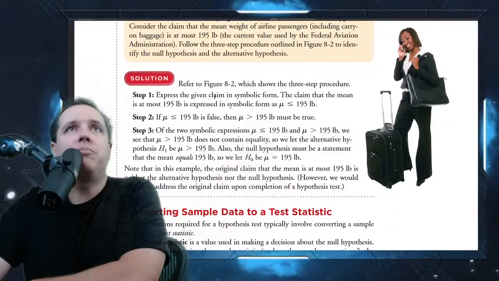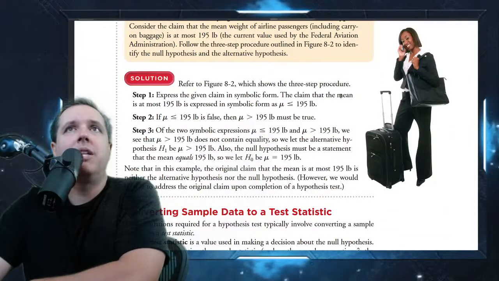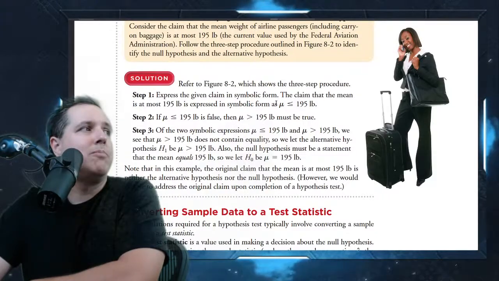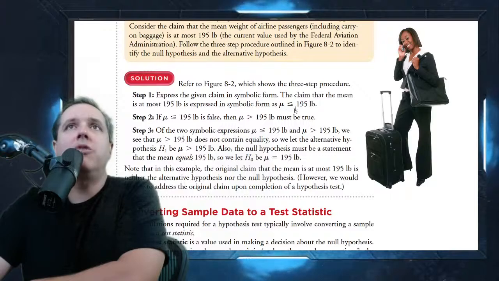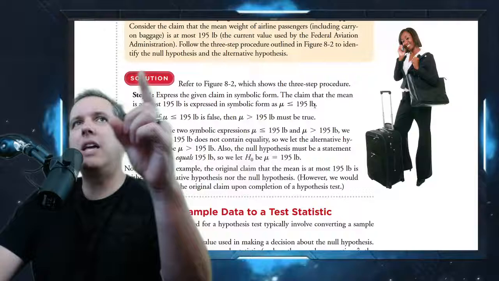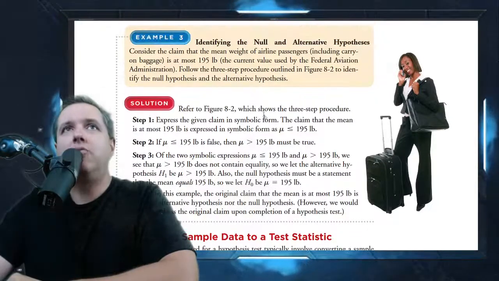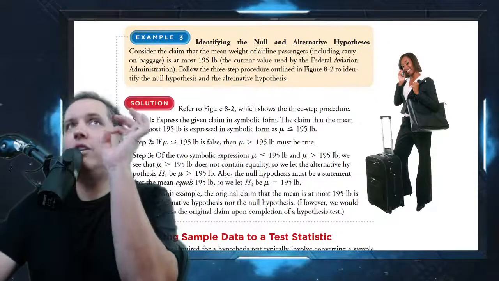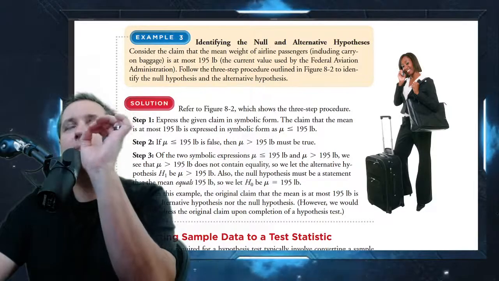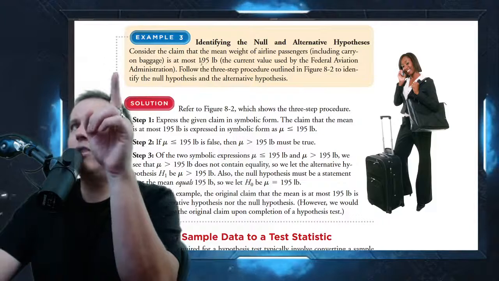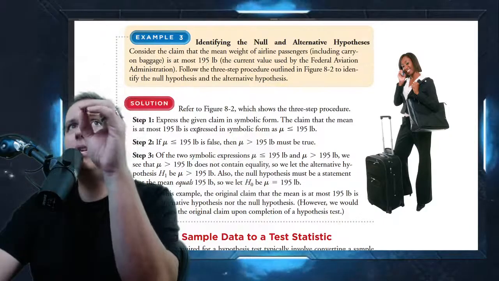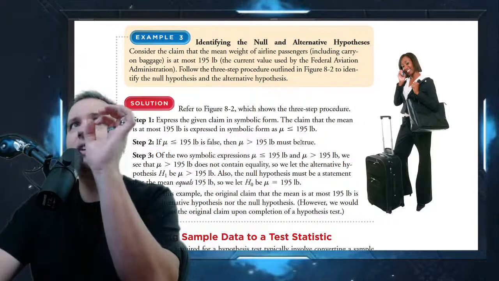So we want to express the given claim in symbolic form. The claim that the mean is at most 195 pounds is expressed in symbolic form as mu less than or equal to 195 pounds. And you go, wait a minute, is that a typo? Is that a mistake? No, because remember, the thing we are trying to show, right, and we want to show that the mean weight of passengers is at most 195 pounds. If that's what we want to give evidence to, that has to be the alternative hypothesis, not the